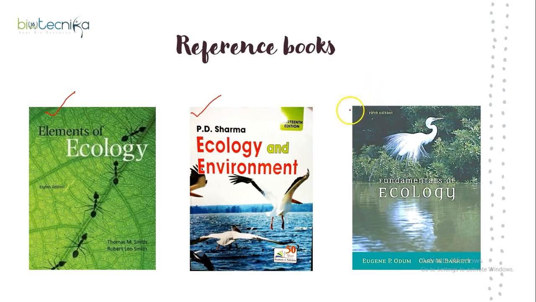There is another book which is often referred for ecology, that is Odum, Fundamentals of Ecology by Odum. Odum also contains all the important chapters, starting from population to succession to everything. But what I find is when you're preparing for CSIR NET, it is better to read from Smith and Smith, because Odum is more like a storytelling, and it has an explanation of the study that has been done to come to the conclusion.